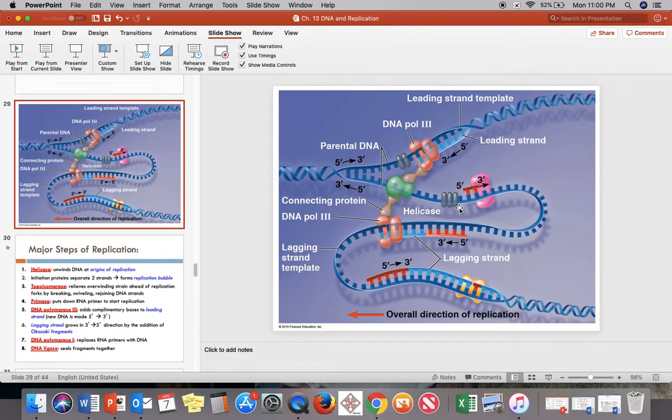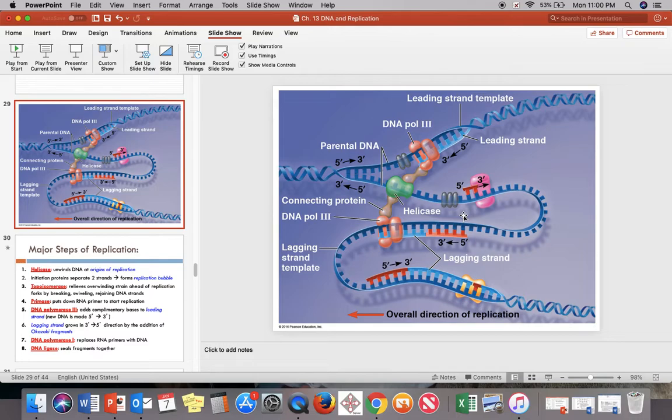These gray doodads here, those are called single, how do they phrase them in your notes? Single strand binding proteins, I think. Basically what those are there for is support, okay? What they're going to do, since this parental strand of DNA is now completely open, it's not supported as well. There's no van der Waals interactions trying to hold those bases together, nor are the hydrogen bonds intact. So these single strand binding proteins,